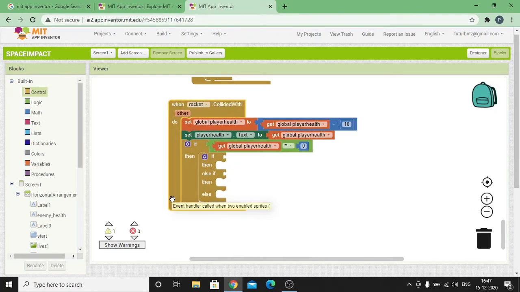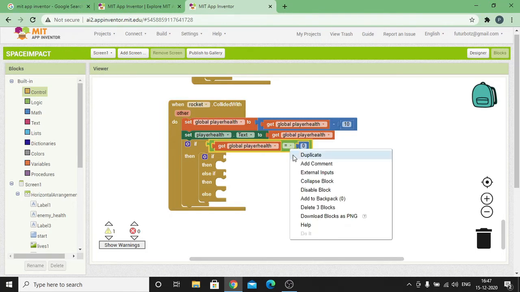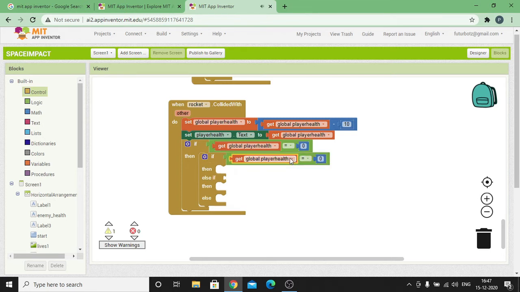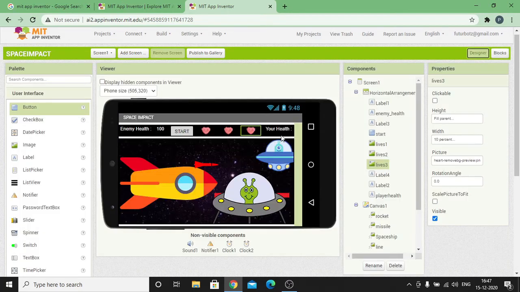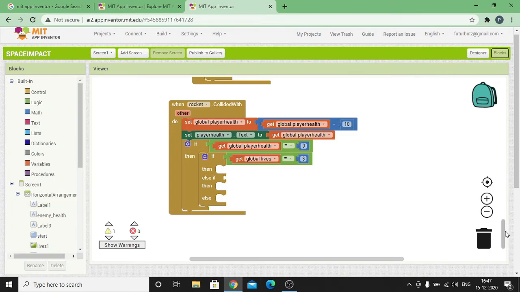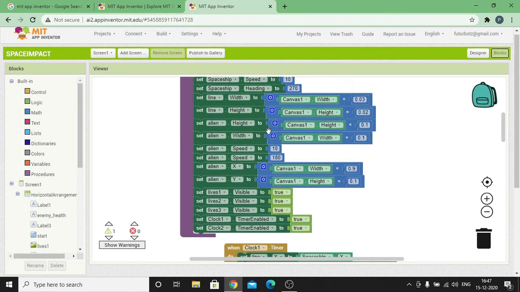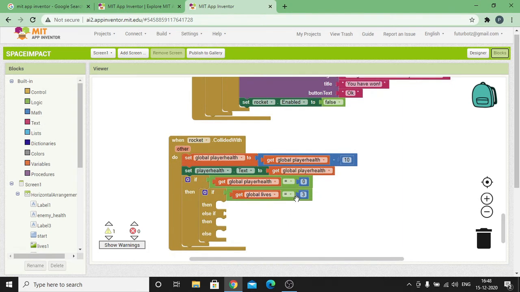So if the lives label value is 3, then what are all the measures to be taken, we'll be mentioning here. So click on the drop down and change the value as global lives, and initially if the lives value is 3, I'm going to set all the 3 image components' visibility to true, because initially you can see, as soon as the user clicks on reset or anything, all the heart images are going to be visible. But the moment the player's health reaches 0, and if the lives value is 3, I'm going